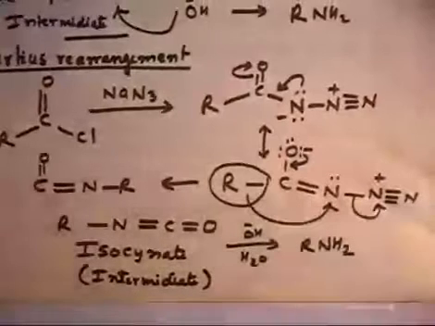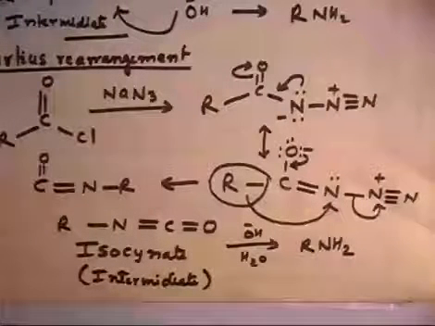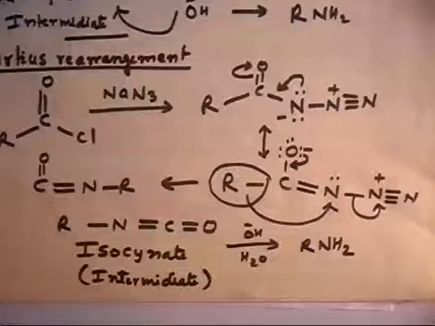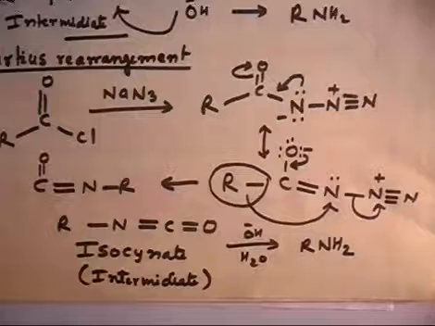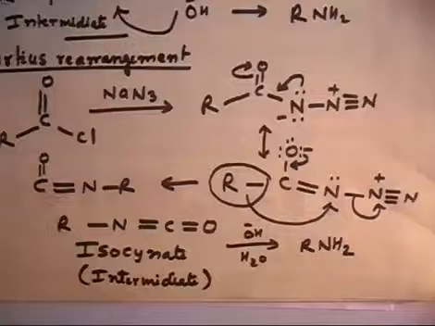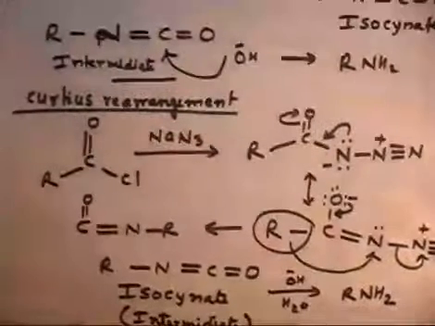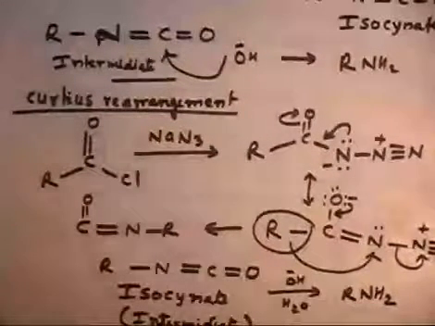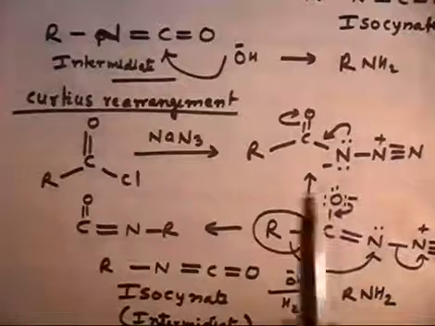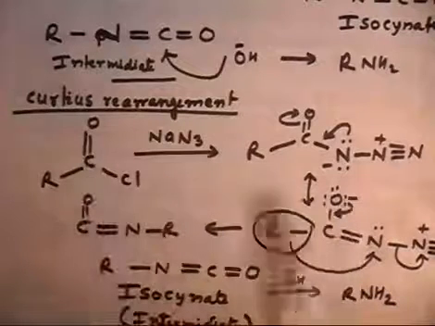Now come to the question. So these things are given. The first part says the Curtius rearrangement accomplishes the same synthetic goal as the Hofmann bromide rearrangement. So you see, both have the same idea: you have to get an RNH2 group, and the mechanism is also very similar. In Curtius rearrangement, an acid chloride reacts with azide to give an acyl azide, RCOCl.